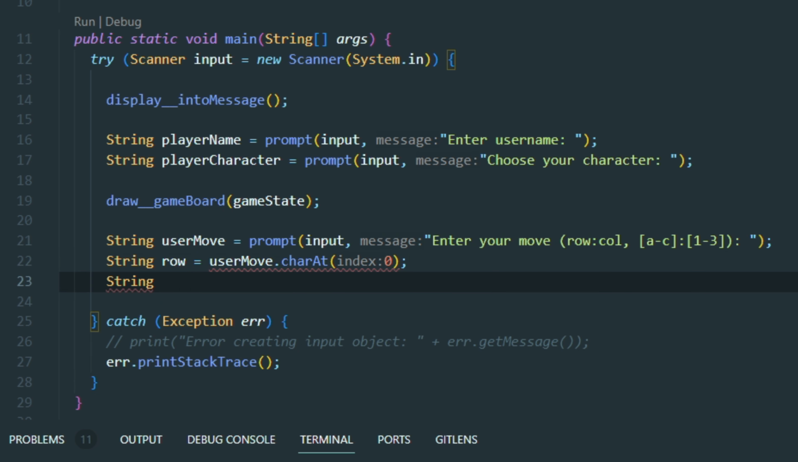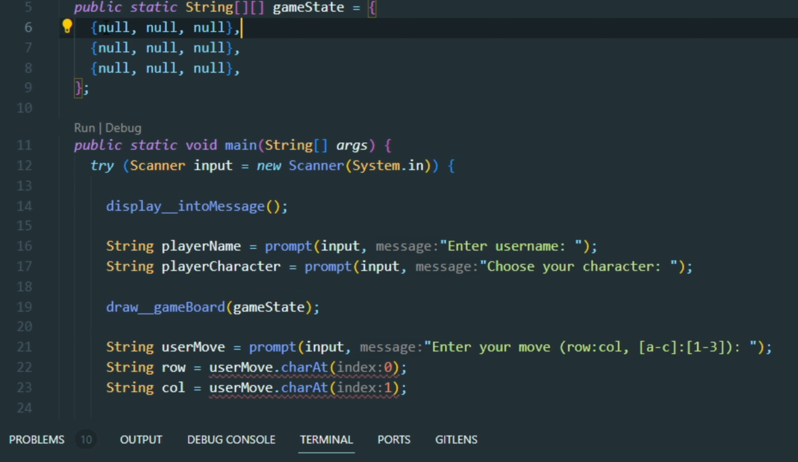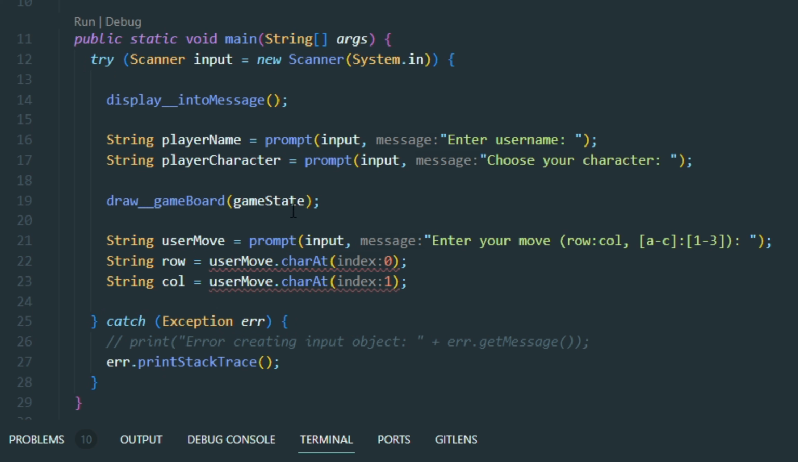And the column is the second one, the second character, so user move dot char at 1. And we need to convert these into integers. So the row is pretty easy because the row is A through C, so we need to convert the characters A through C into 0 through 2, since 0 through 2 represents all 3 of the indices in the row. So we'll say, I think all we have to do is just do